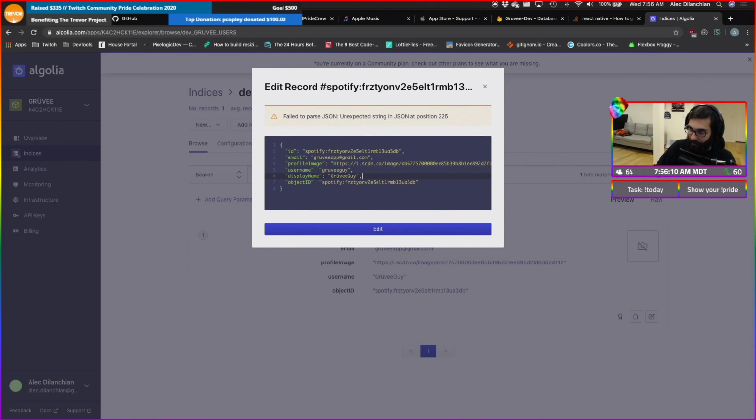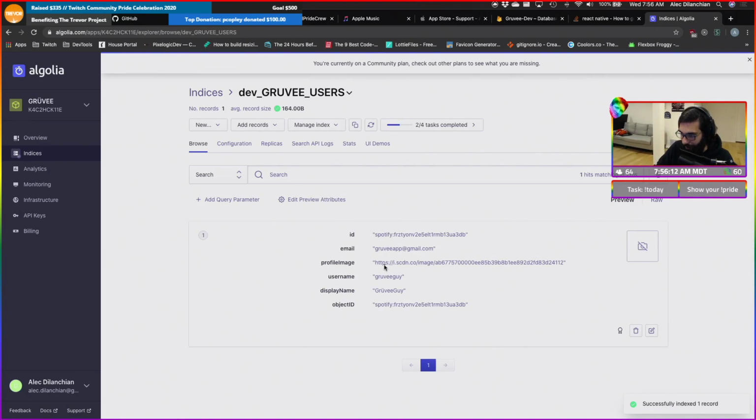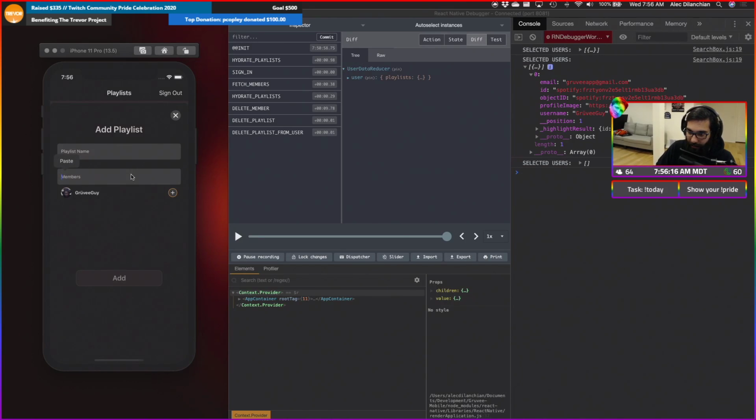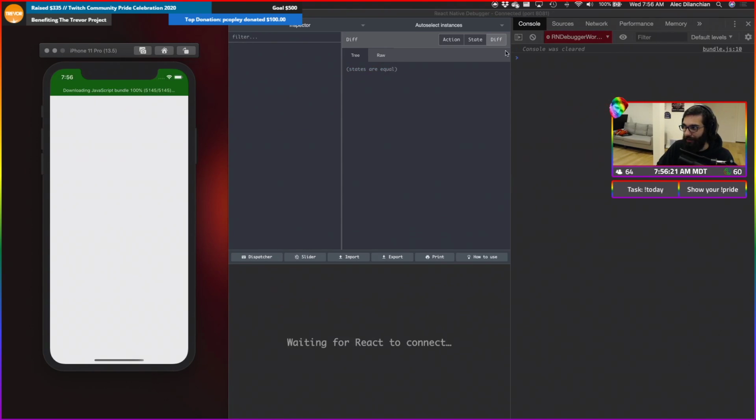Oh, I forgot my comma. Edit. Cool. So now you see we have that. Now, if we go back to the app, and I probably need to do a reload, maybe.